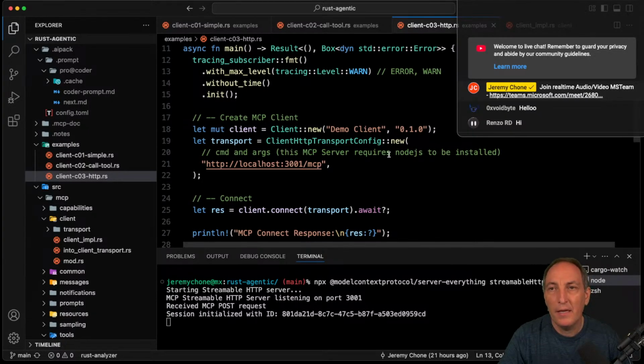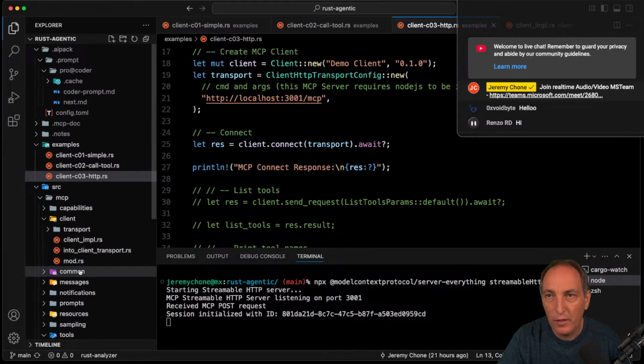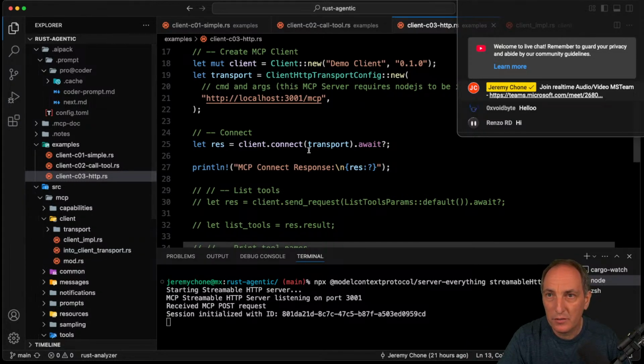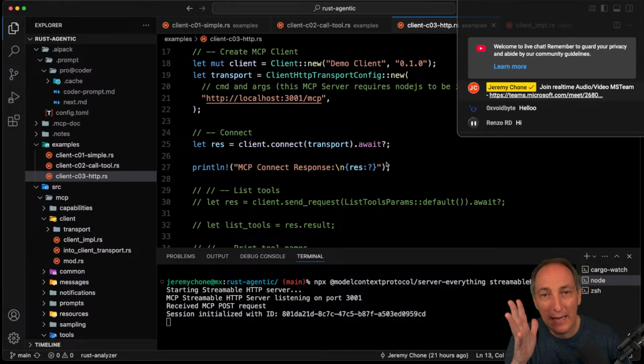Okay, and then behind the scene, we create the transport. We'll look at it because we are going to implement the transport. And then we do a first event, which is initialized. So that is this initialized that the server is going to get, and its role is to give back probably a session ID. And the reason is they need to have a session ID because the whole MCP protocol,